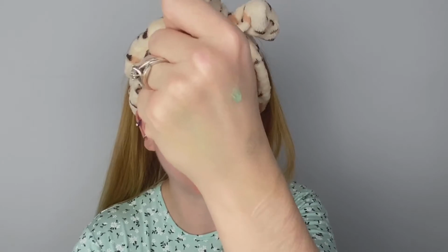Can you see that? So I'm just going to put some onto my face. I don't know if I've got enough or too much. I'll just see. So I might need a tiny bit more. It's really, really unique texture. Like, they're right. It's like jelly, but it's sticky, but oh, I don't know what to make